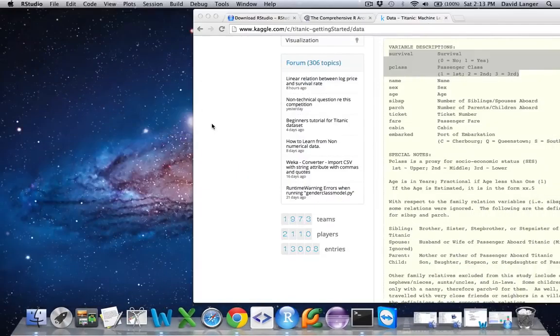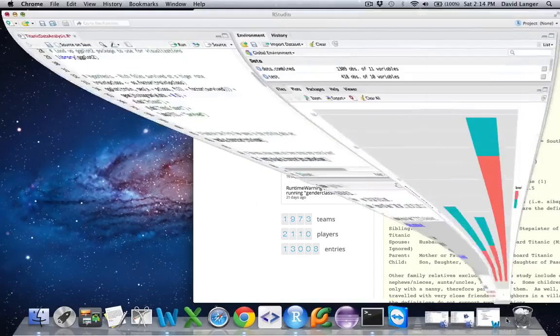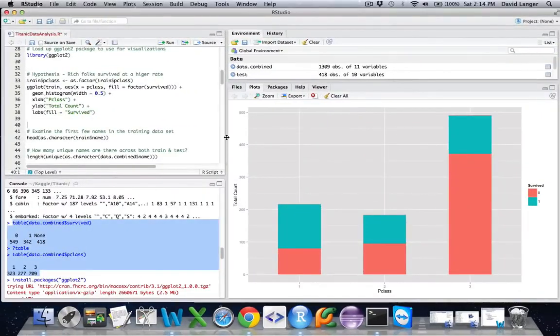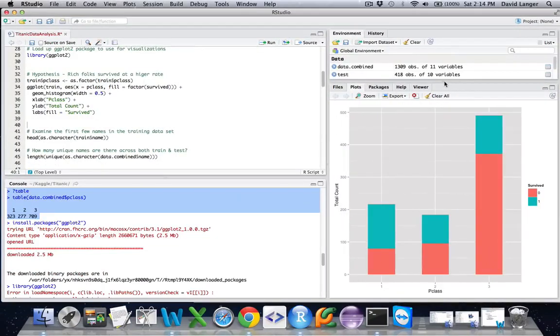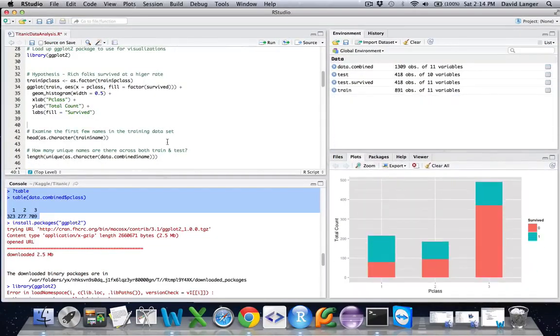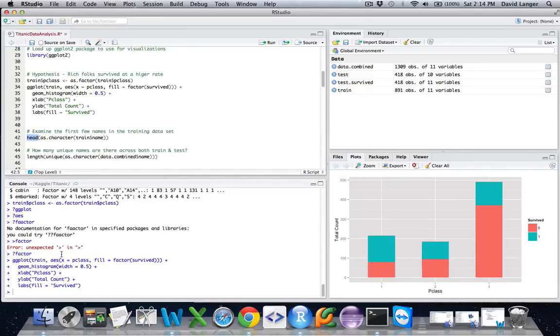Now, if we go back here to the metadata for our data set, the next thing that we need to take a look at is the name variable, right? Because data analysis at base is a pretty methodical process here. So we're going to go ahead and take a look at the head command. And there's a couple things that we need to look at first before we talk about the head command. So there's this as.character thing,